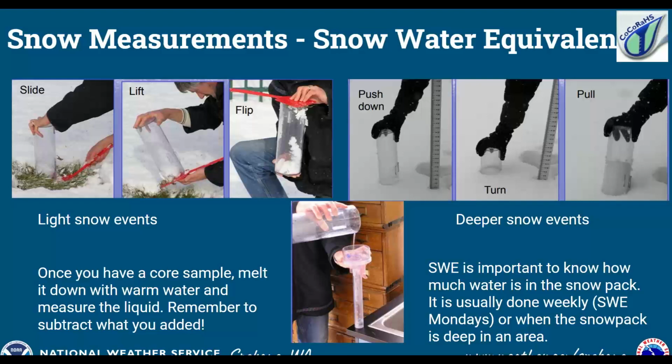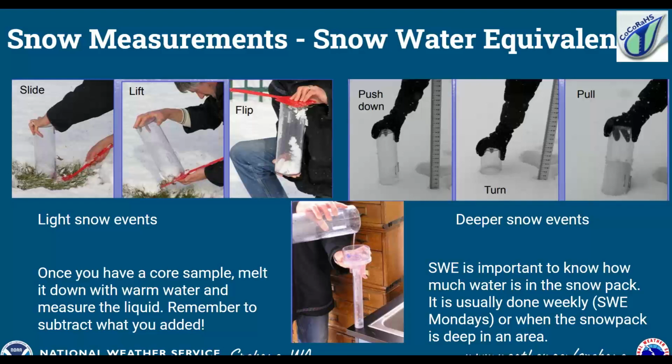So to do this, you need to take your 4-inch gauge outside to your yard, your property, and do a core sample, which means that after you've done the measurement of whatever's in the gauge, you take that 4-inch gauge and take it out and put it into the snowbank and try to capture a core of the snow. With light snow events, it's a little more challenging. You might have to use your snow swatter to get all the snow in the gauge so you can bring it in. With the deeper, wetter snow, it's a little easier because you just kind of sink it down in and capture it in that tube.